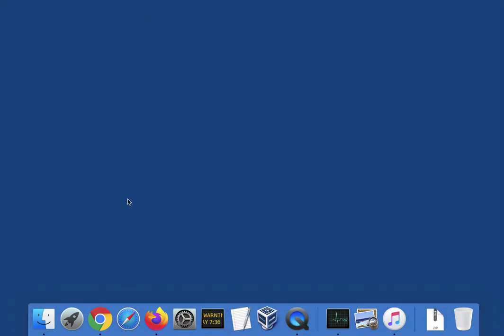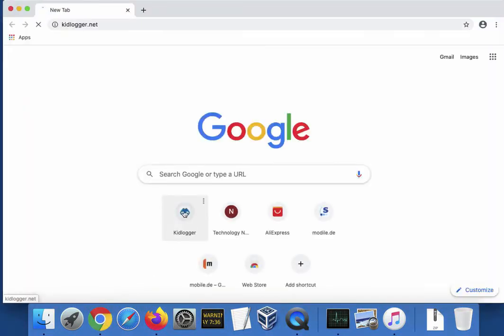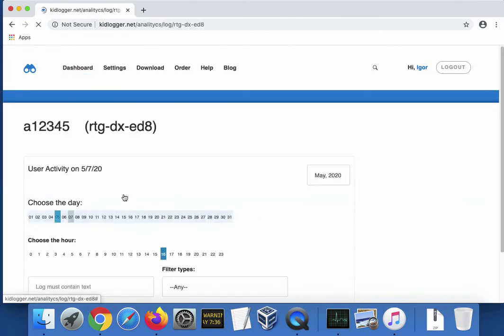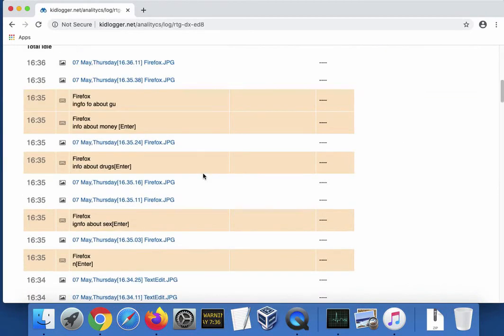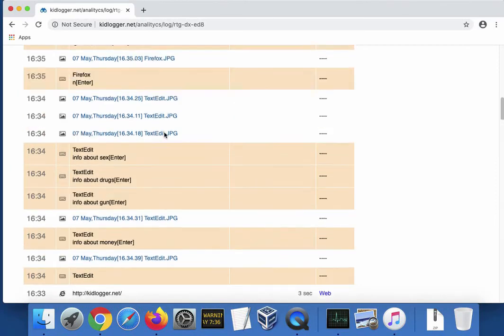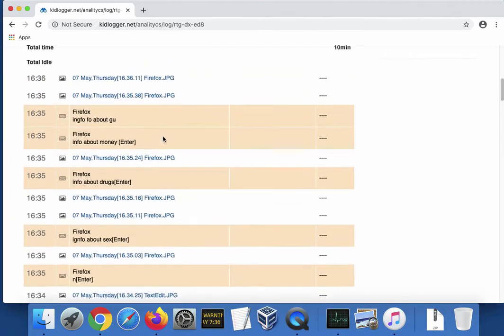Well, let's see what was recorded. And we can see that every time we type on a keyboard, a screenshot was created. Open the screenshots page.